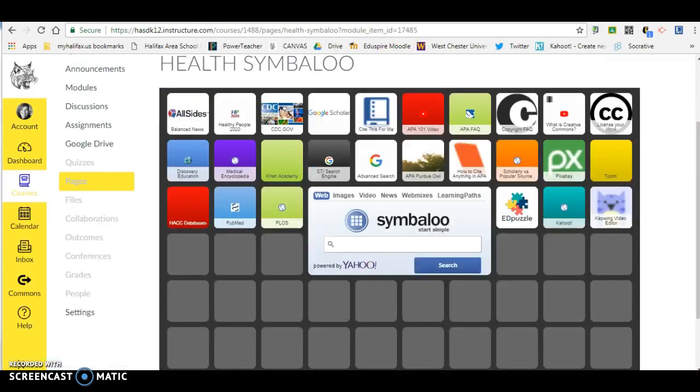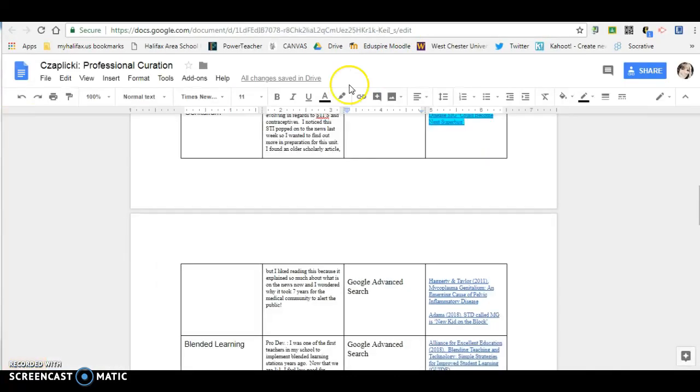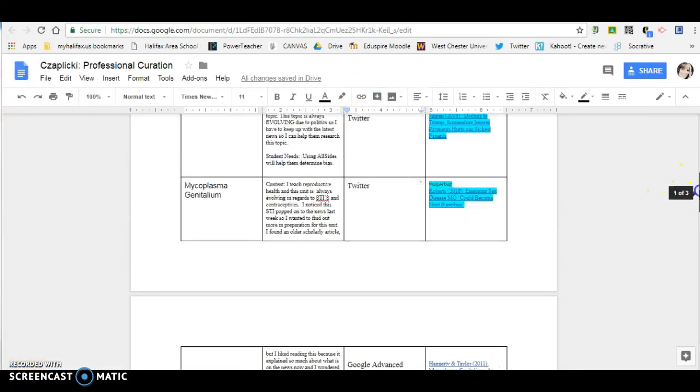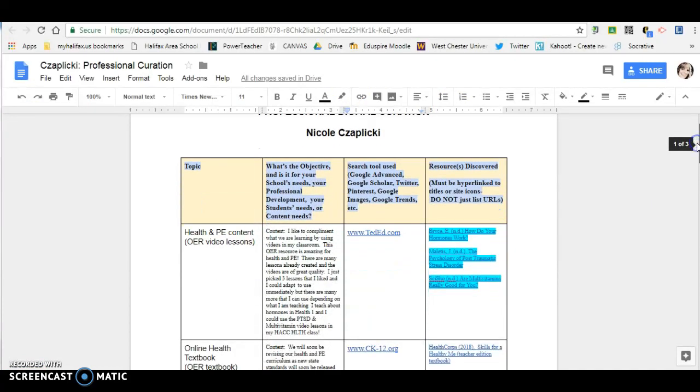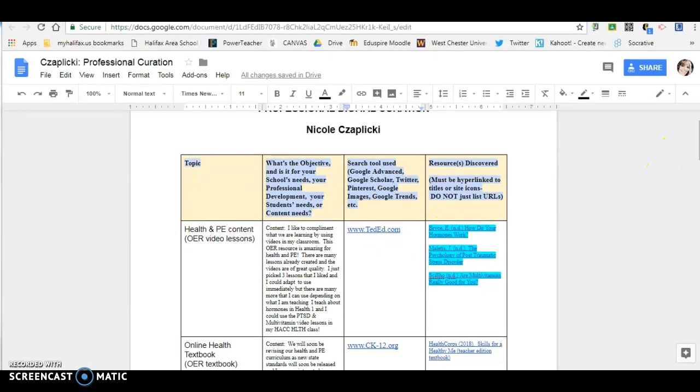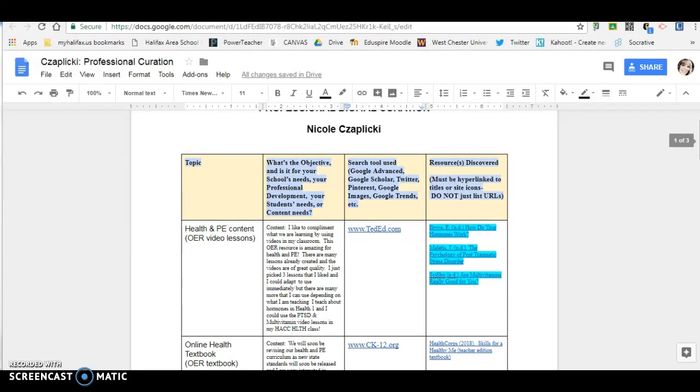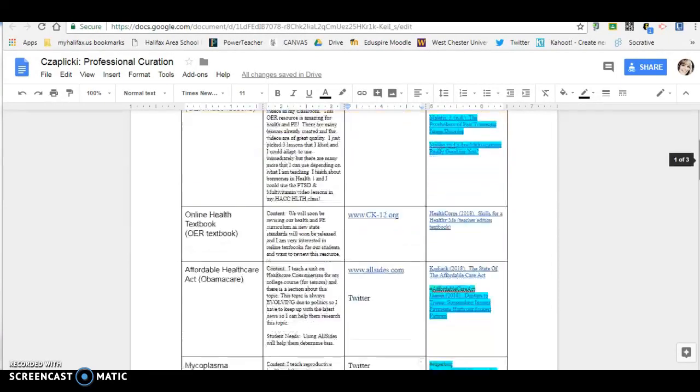Now, as far as my professional resources, I really liked the format that we used in class. And so for me, it just was very organized by topics. I liked having to write why I was looking up that topic, and I liked having the links to all the different sites. So what I did was I highlighted in blue the resources that met the requirements,